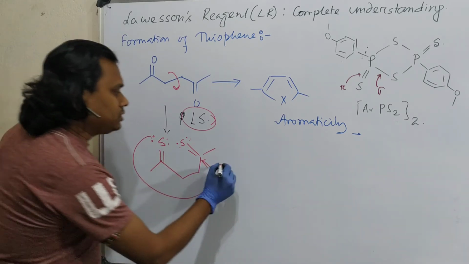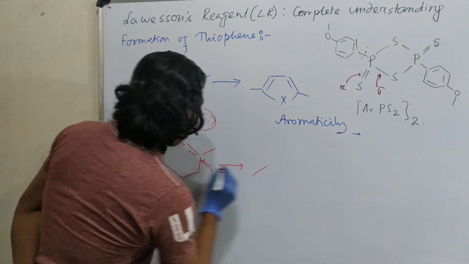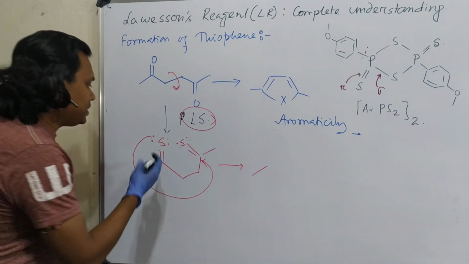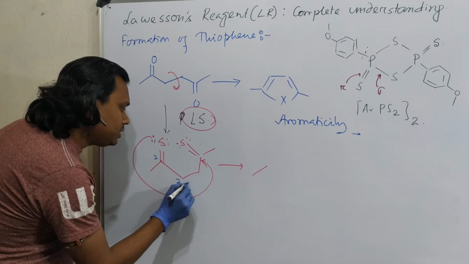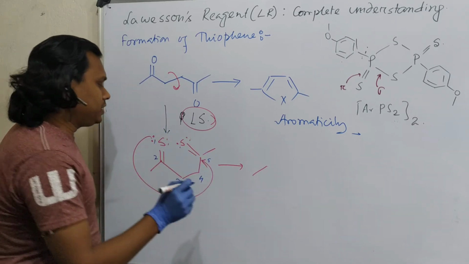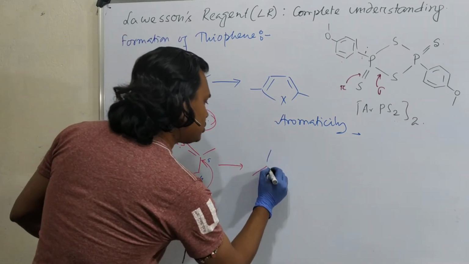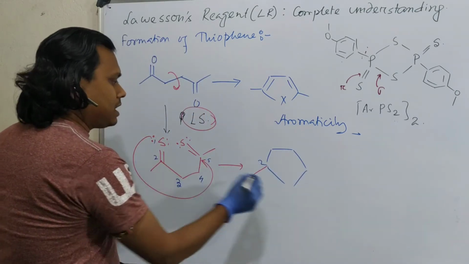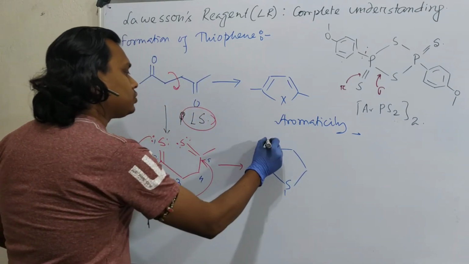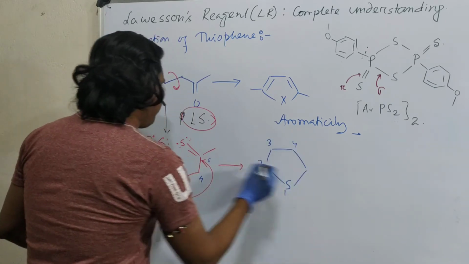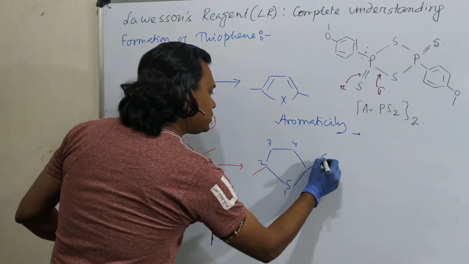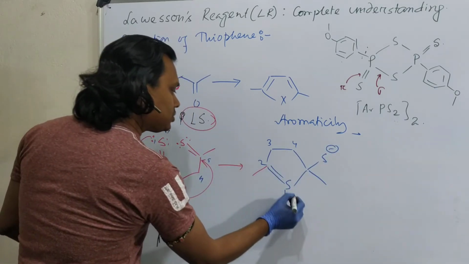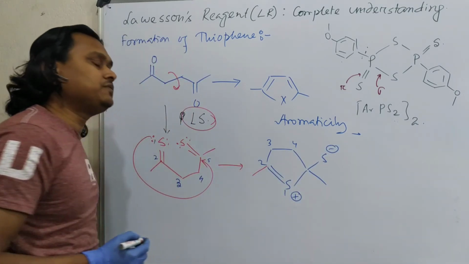Okay, so in this way, what will it result? See, students, please follow a strategy. Numbering 1, 2, 3, 4, 5. I believe this is a very good strategy. Numbering system. So draw a 5-member ring. Now place 2 here, and 1 is sulfur. So 3, 4, 5. 5 is also a carbon attached to the sulfur. Okay, so this is S minus. See, it was a double bond. So right now sulfur has a formal positive charge on it.